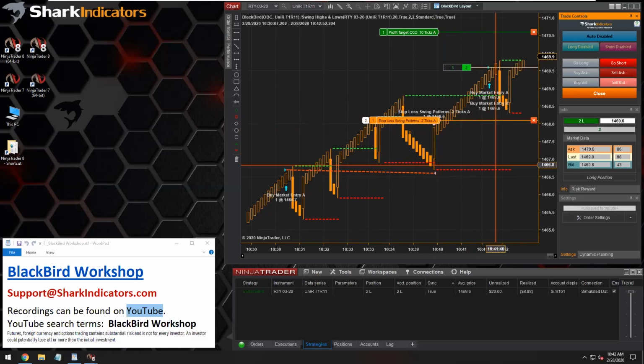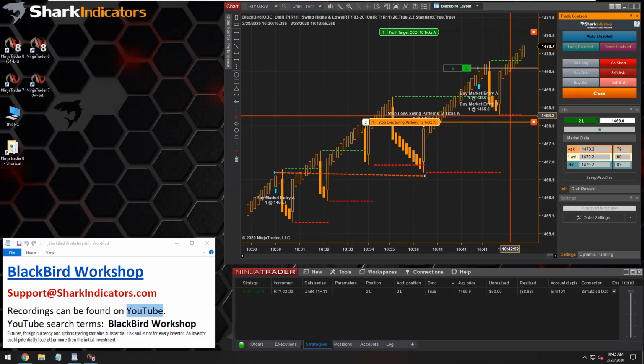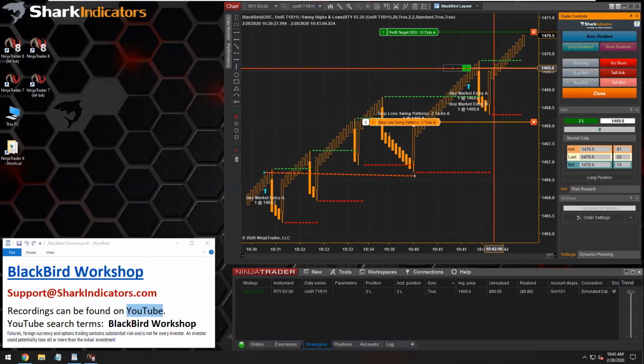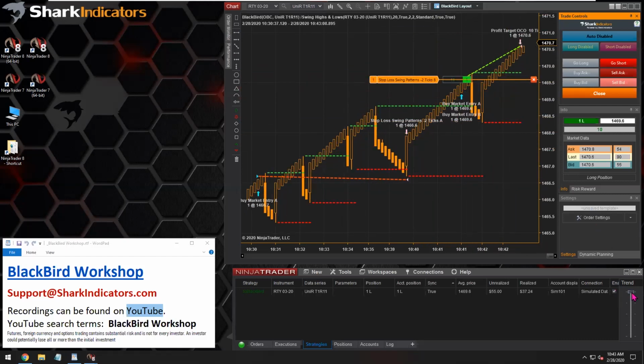So we can see our stop loss just moved up to the recent swing low. And now, once we hit this 10 ticks of profit up here where the profit target is, the remaining stop loss is going to move to break even. Then there you go. Boom. Just move to break even. Right? So there's a couple of ways you can do this. You can have the stop loss move up